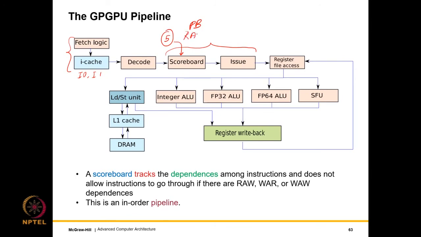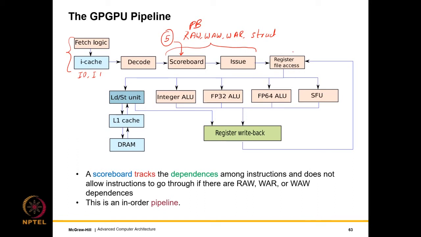So the hazards are of 4 types. And structural hazards. Until these 4 hazards are resolved, there is no probability of any correctness problem happening because of these hazards. We just stall an instruction. After that, we issue. So since the scoreboard has been discussed in detail, I'm skipping that part, but this was discussed in detail in Itanium. And finally, we have the register file access. As you have seen, the register file